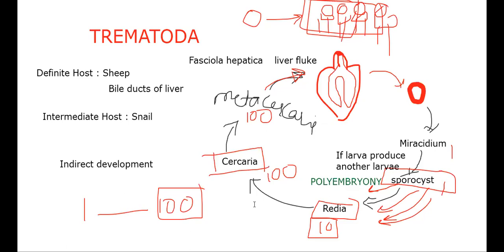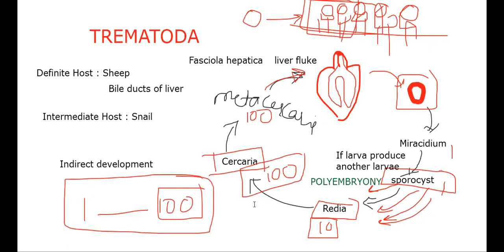It is definitely going to be the biggest breaking news on all news channels in the city. Then imagine five, six. The whole world will look towards that hospital, isn't it? But now you see here, one zygote is giving how many individuals? 100. That is a speciality. I think you need to be surprised, and already I feel you are surprised. One egg is giving 100 individuals. That is a speciality of this particular parasite.